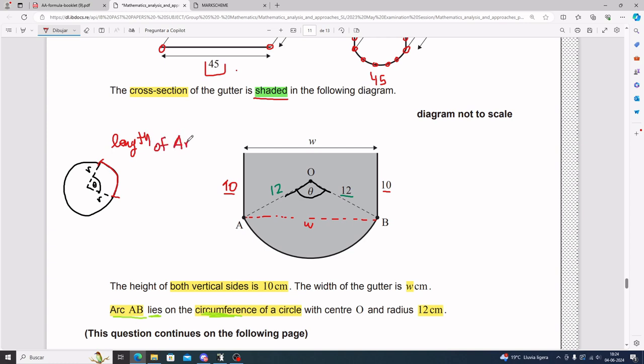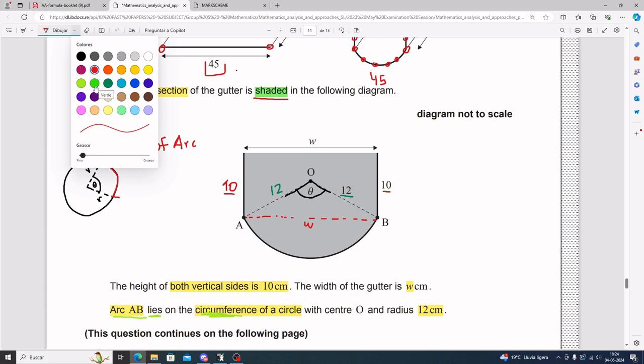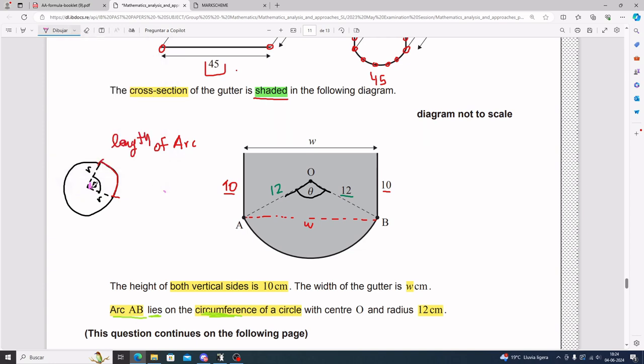And I mention this because it's the kind of stuff that can show up. So this is the length of the arc. And on the other hand, what I'm now putting in, say, pink, and still having this angle as theta, of course, this that I have in pink is the area